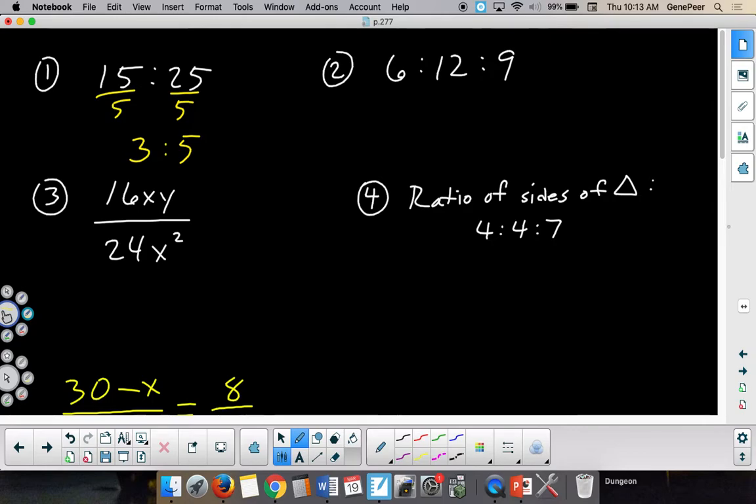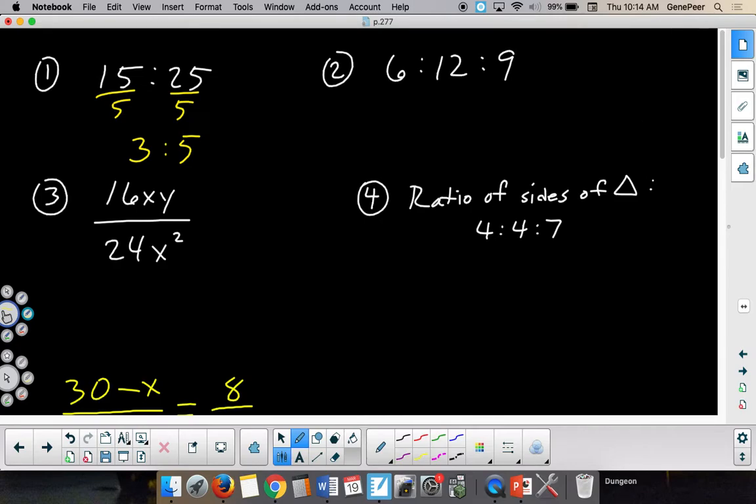For number 2, it's a three-way proportion. This is actually 3 ratios built into one. It means 6 to 12. It means 12 to 9. And it even means 6 to 9. The first with the last. All right, so to reduce this one, the trick is, as we mentioned in class on one of those last